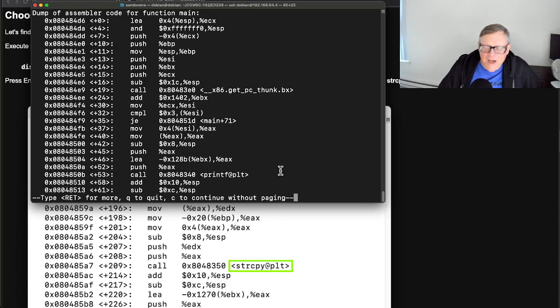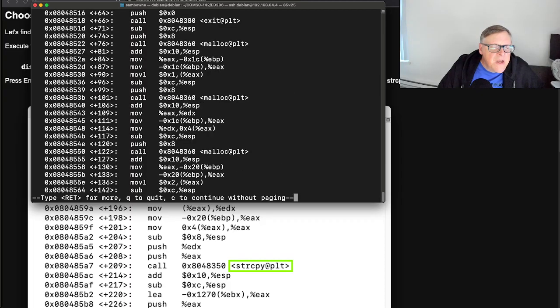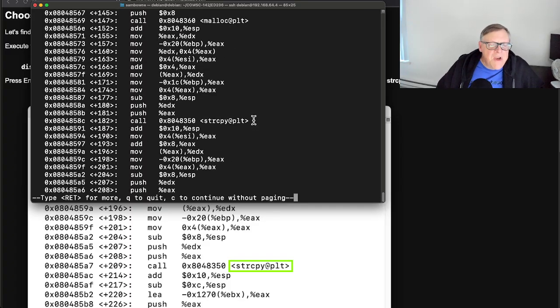So now I got to find where the buffer overflow is. And here's where I'm allocating the data on the stack. That was near the start. Here's where I do the string copy. That's where the buffer overflow is. So at this point, I have an opportunity to set up what will be an overwrite. And